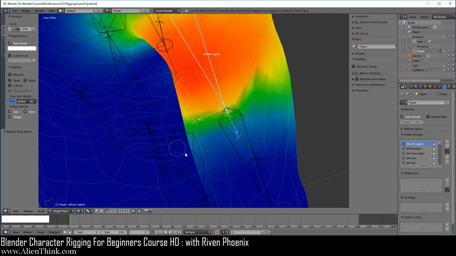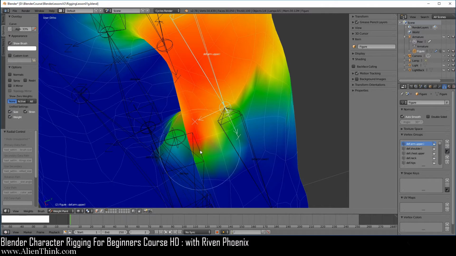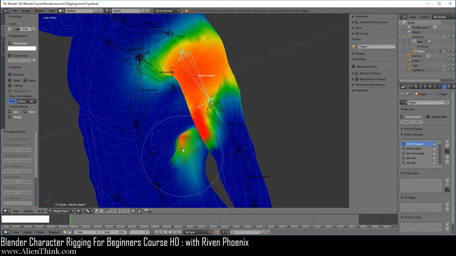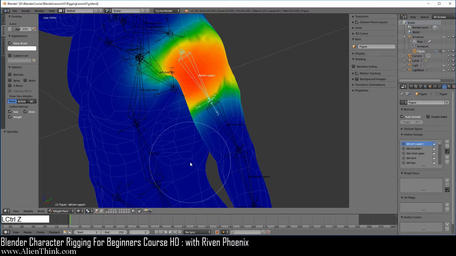Now this concept really is better to probably demonstrate with much more complex, intricate objects, such as, let's say, the inside of the mouth. But here I'm going to keep things simple. Press the F key and make it bigger. Now let's say if you click on this vertex over here, you'll notice that when we are adding weight to the vertices on the arm, it's also modifying here on the bottom of the figure, and this is something that you don't want. So do Control Z to undo all this.